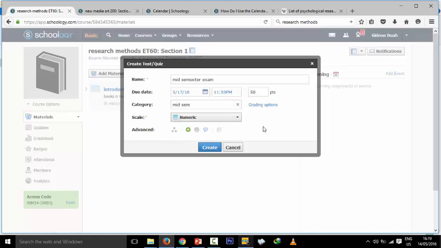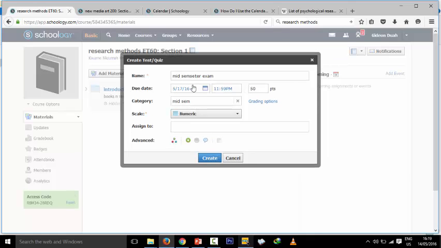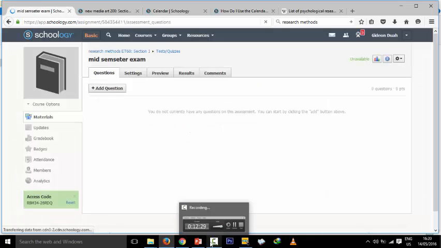A plus, A minus, and the advanced portion gives you the ability to assign this particular mid-sem individually. But this one I want to make it general, and you have the visible to students and the other features that I've already talked about. So this is the due date for the quiz, and not forgetting grading options. So when you click on create,